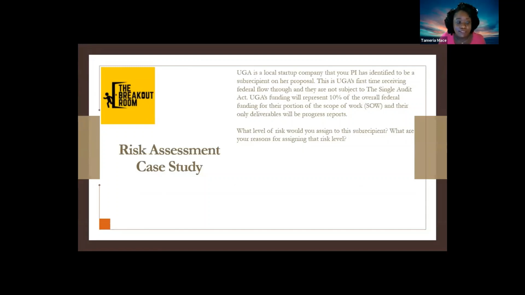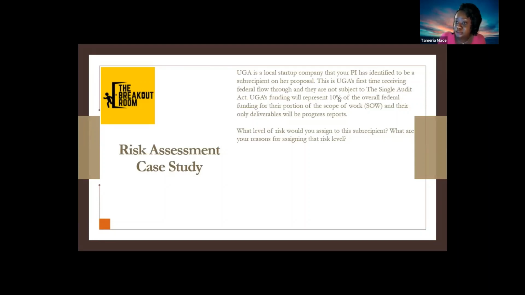So since we're talking about risk assessments, we are not going to do a breakout session here, because I see that we are running very low on time and we still want to be able to answer questions. So we have another little case study for you, and you can put it in the chat, you can raise your hand if you want to speak about it, but we have an actual